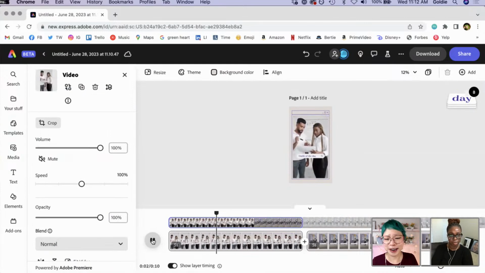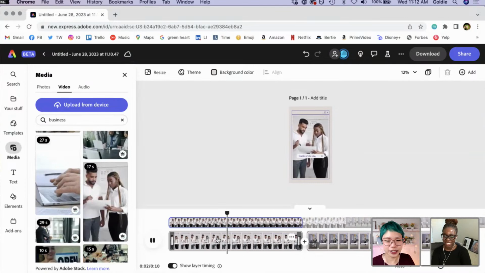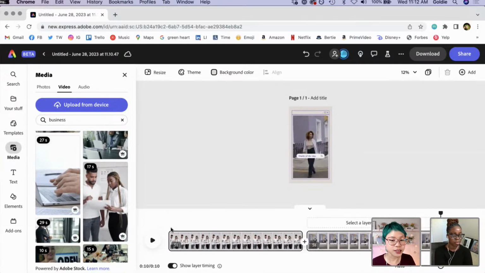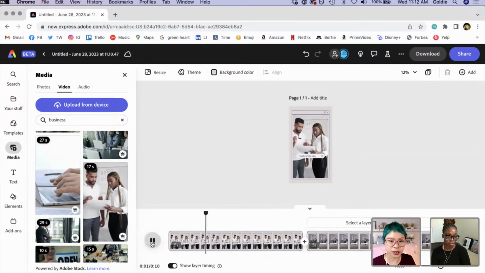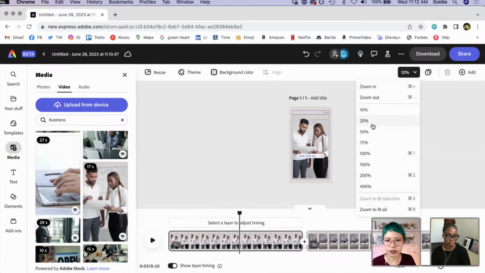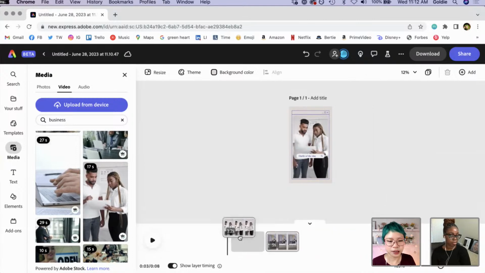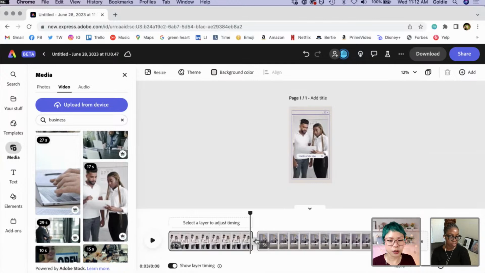Because we just flipped our images. Ha ha. And that's exactly what we're doing. I'm just playing through this so you can see what this looks like already, and it is magical. The reason why I wanted to change this image to this is, and I'm going to pause this, because we are now going to use this as the first part of our video. I'm going to make this a lot shorter.